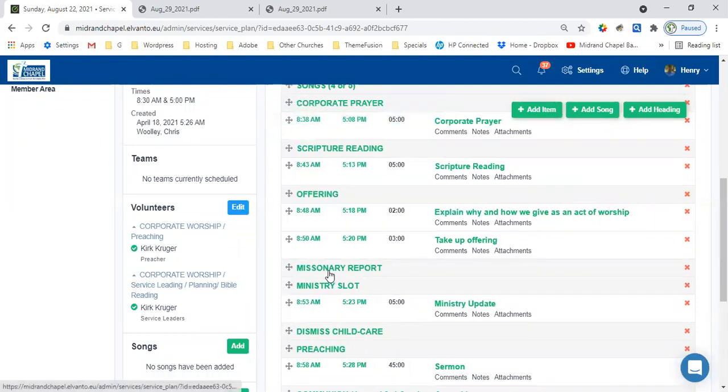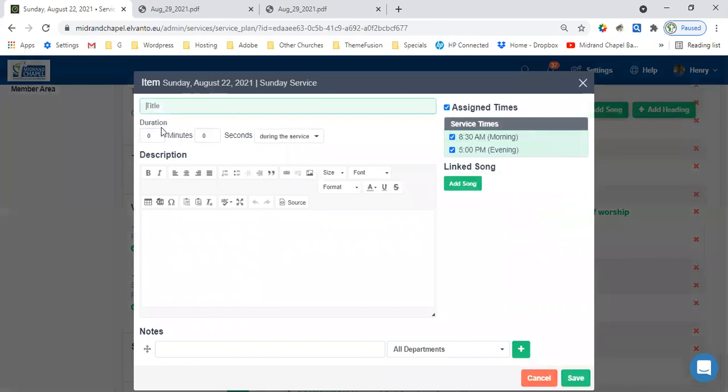Now I've got a heading. Notice it's a heading. It doesn't have any timing to it. So now we want to go up to the top and add an item. And we're going to put in there an item called